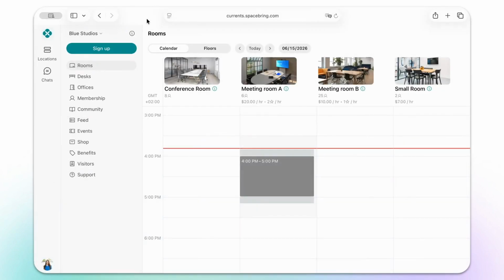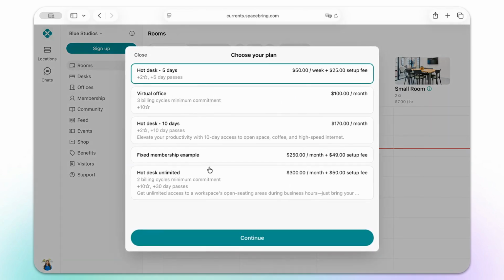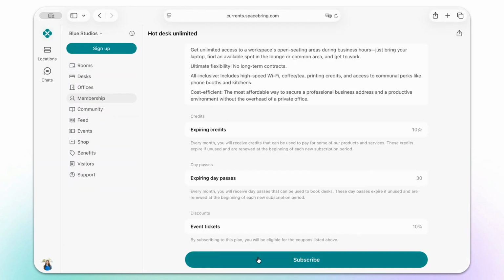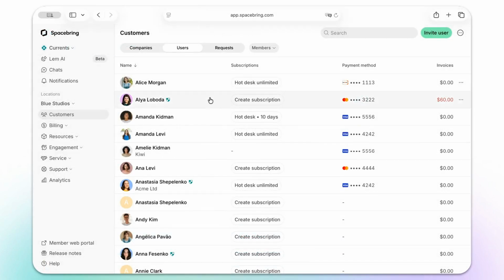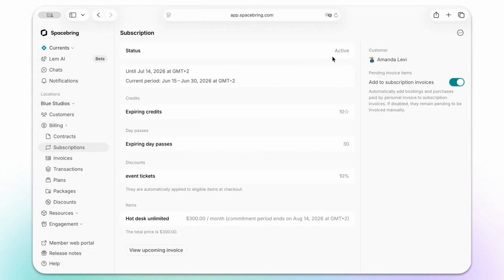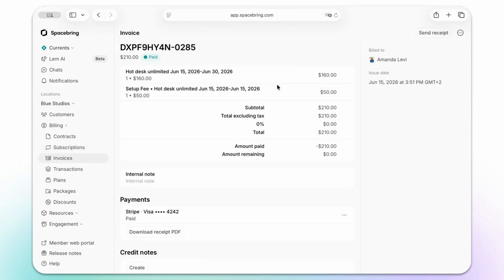Admins don't need to create every subscription. When members sign up for a plan themselves or when a contract is signed, Spacebring creates the subscription automatically. As soon as a member subscribes, they appear on your customer's page with an active subscription already in place. Their first invoice has been issued, and billing is fully automated from that point on, no action required from your